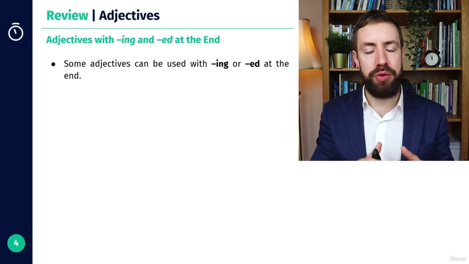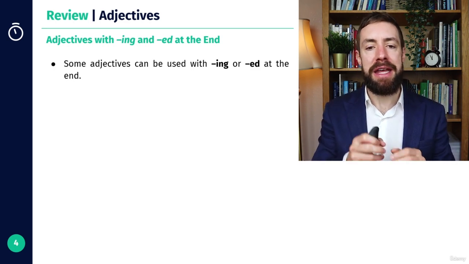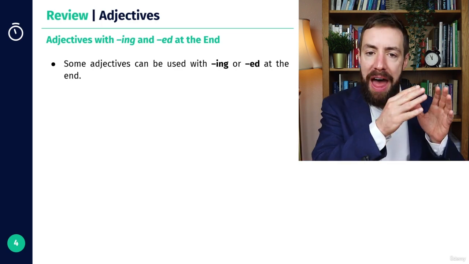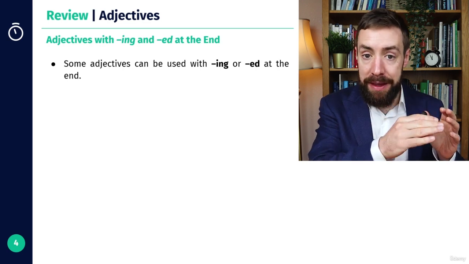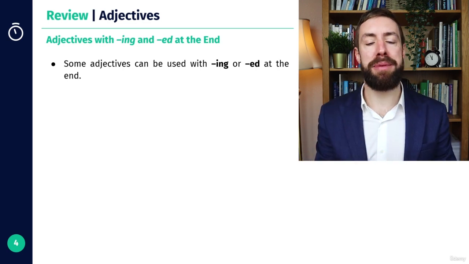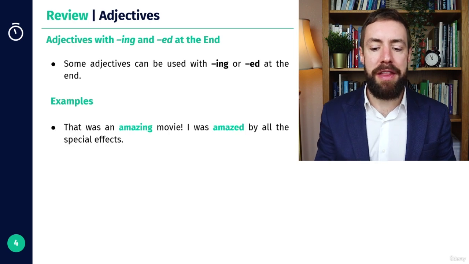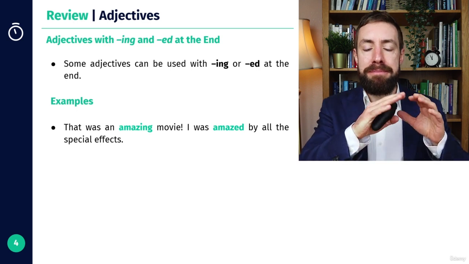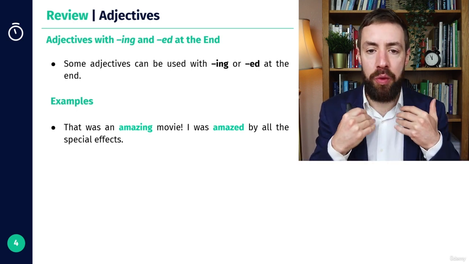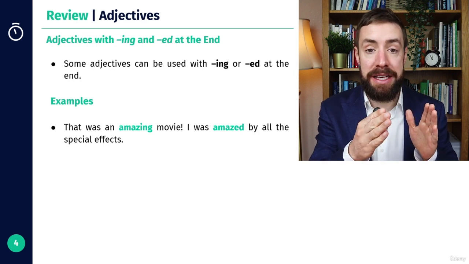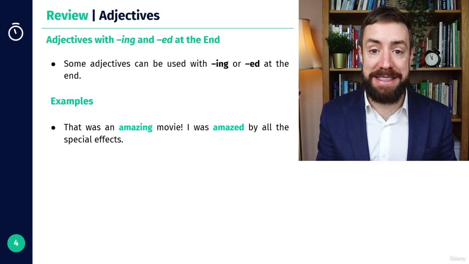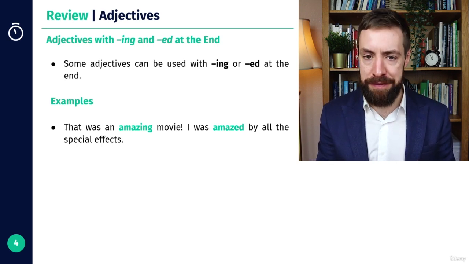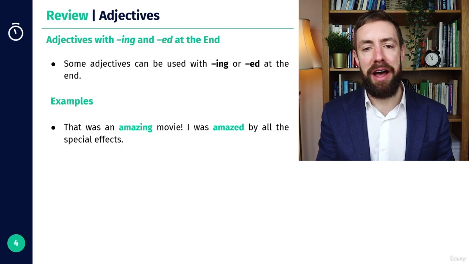My general rule for remembering this is that the ed is how the person feels, and the ing is the thing that is affecting how that person feels. So we can see that was an amazing movie. So the movie is affecting how we feel. So we say amazing movie. I was amazed. So my feeling is amazed by all the special effects. All right. So that's a pretty good example